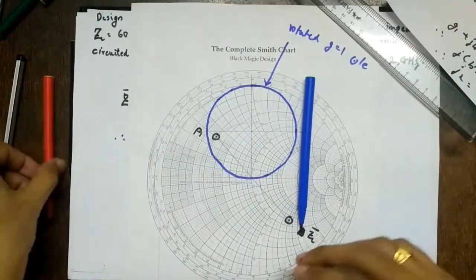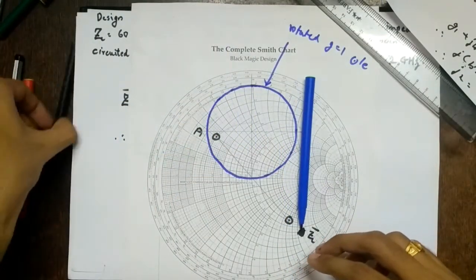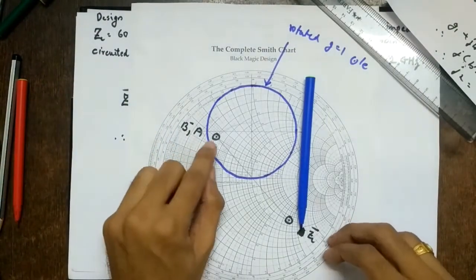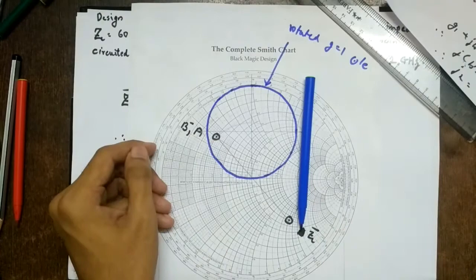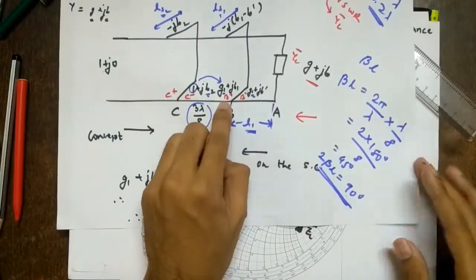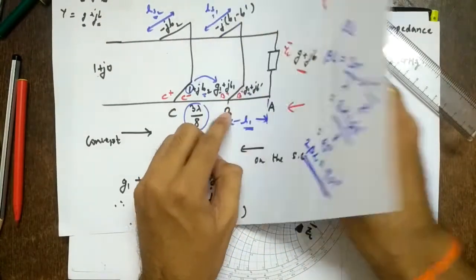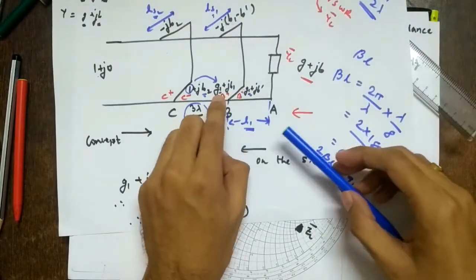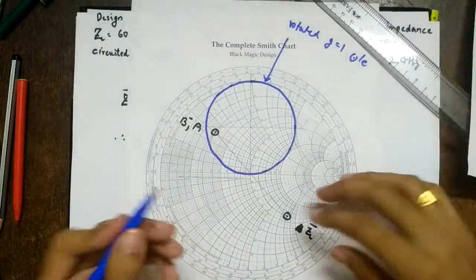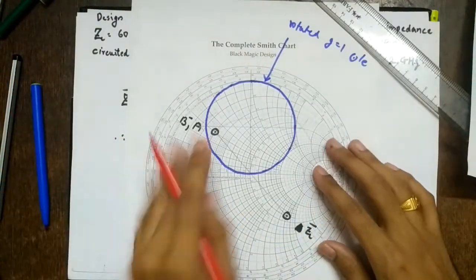So I'll write this as B minus comma A. This point, remember. Okay, so now what we have to do? From B minus we have to go to B plus. So how will we go? We have to move such that G1 remains the same, that is the conductance remains the same and only the reactance changes, right? So how to do that? I'm using a red pen for that.